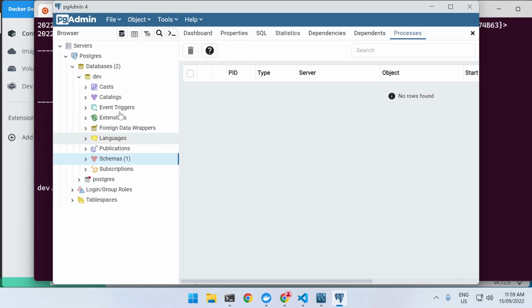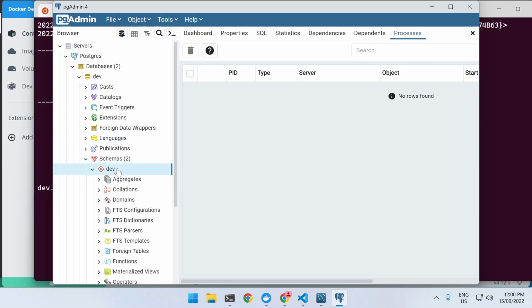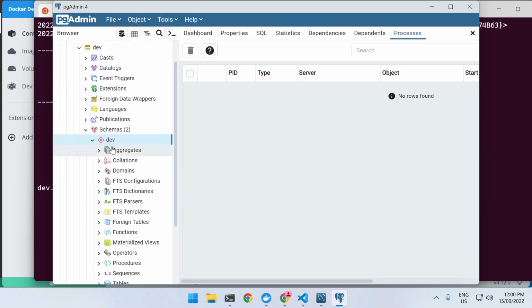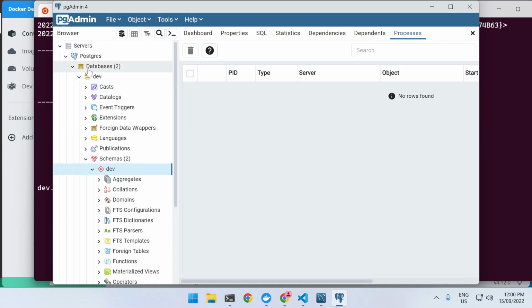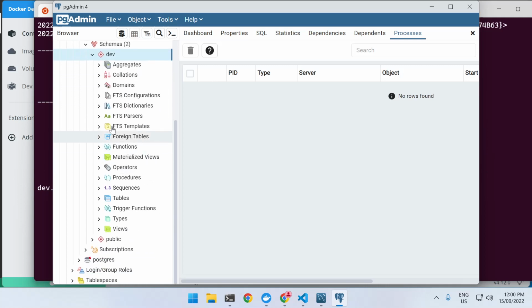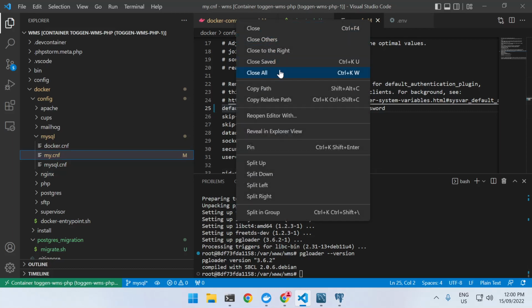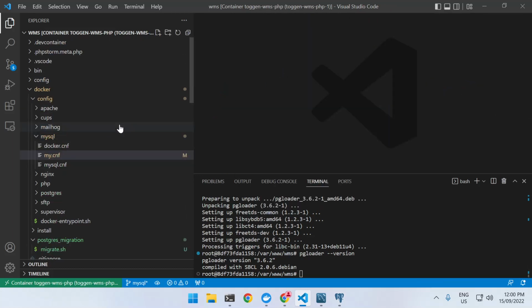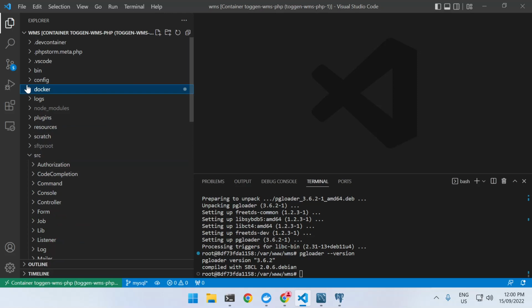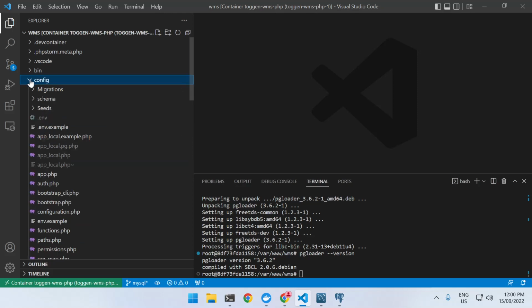Let's have a look at that in the Postgres GUI. And notice that it's created a schema name with the same name as the database name here. So it's dev database and dev schema as well. Now we can leave that the same. Let's now look at connecting to the Postgres database using our